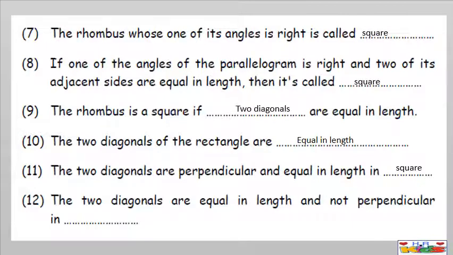Number 12. The two diagonals are equal in length and not perpendicular. مين اللي عنده diagonals are equal and not perpendicular هيكون مين؟ قال لي يا مستر هيكون عندنا rectangle. اوكي؟